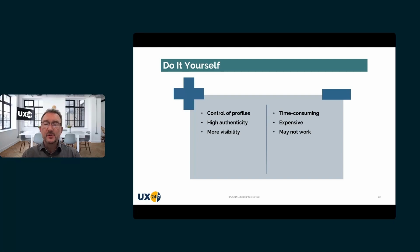So finally, the do-it-yourself one. So obviously that kind of refers to what we were just talking about if you're a brand doing it yourself. But if you're not recruiting from within the customer base and you actually have got to go and find the participants from somewhere else,